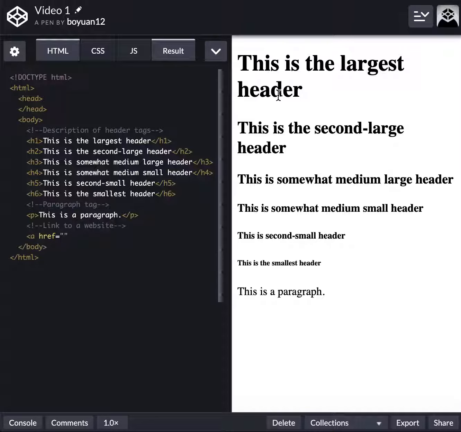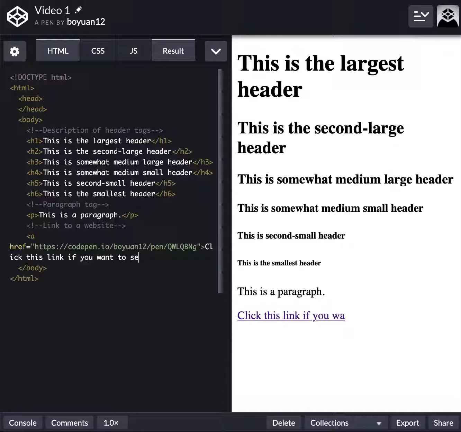And what we will do is, for example, I'm gonna type this in. This is just my CodePen address, and then you're gonna close it. And you're gonna name what you should say. For example, I'm gonna say click this link if you want to see my first web page. Okay,